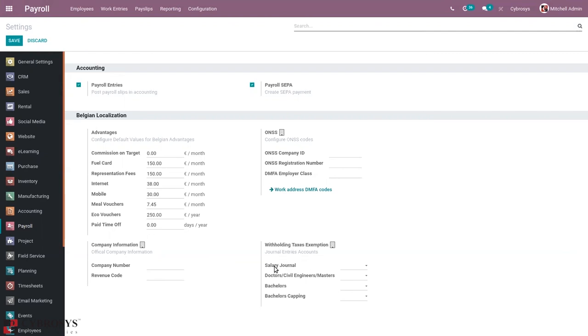Here we can add salary journal for doctors or civil engineers or masters. For configuration, you can add a journal, then bachelors. Then it's also possible to add a capping for bachelors. So we can only set a maximum. We can't set beyond the maximum. Okay, so let's save this after making the modification.